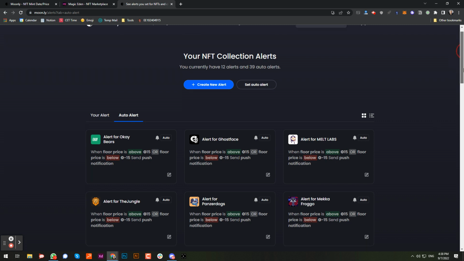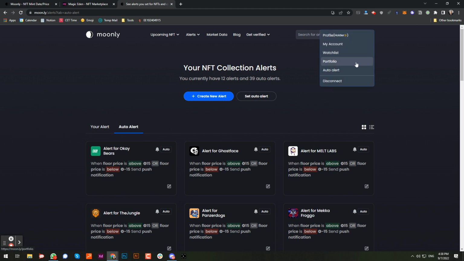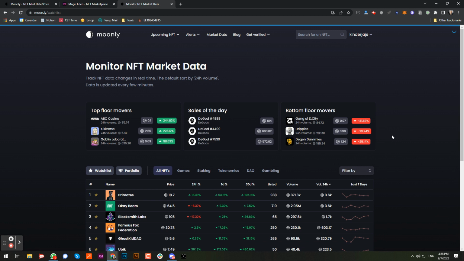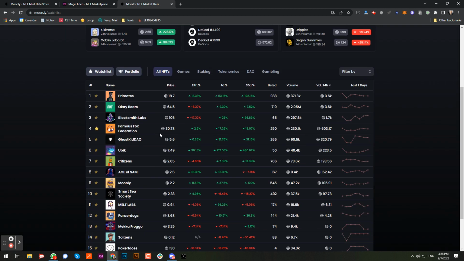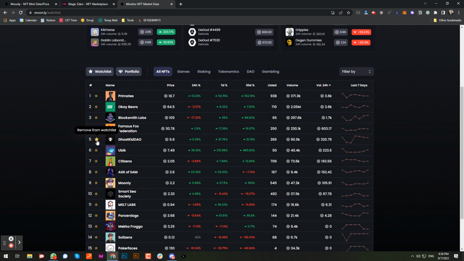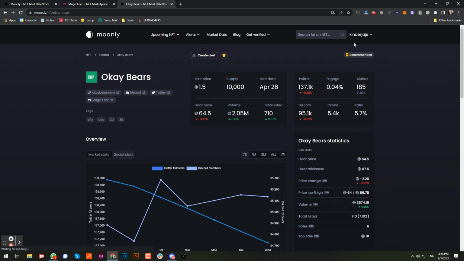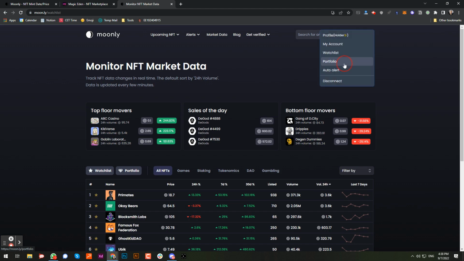By default, first of all, you will see here the auto alerts for the projects you have and how they're generated. Basically, everything you have in your wallet will automatically become an auto alert, and everything you have in your watch list over here will also become an auto alert. So whatever you follow in your watch list, and you create a watch list by putting these stars on whatever project, either on the monitor table or in the project itself. You have the star, and that's how you put it in the watch list. So whatever you have in the watch list and in your portfolio,